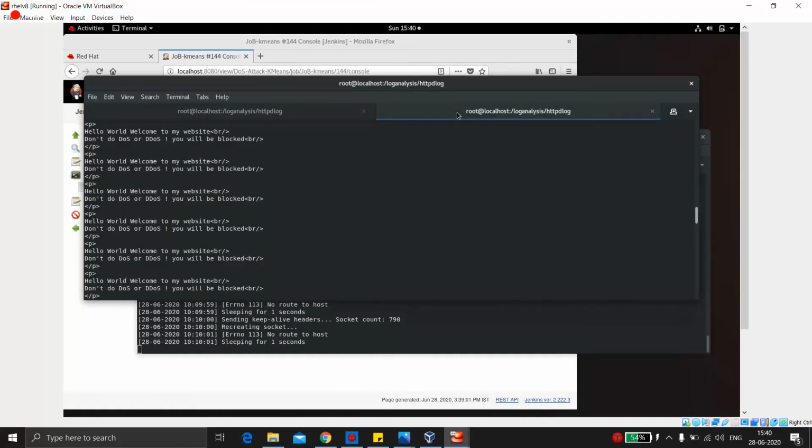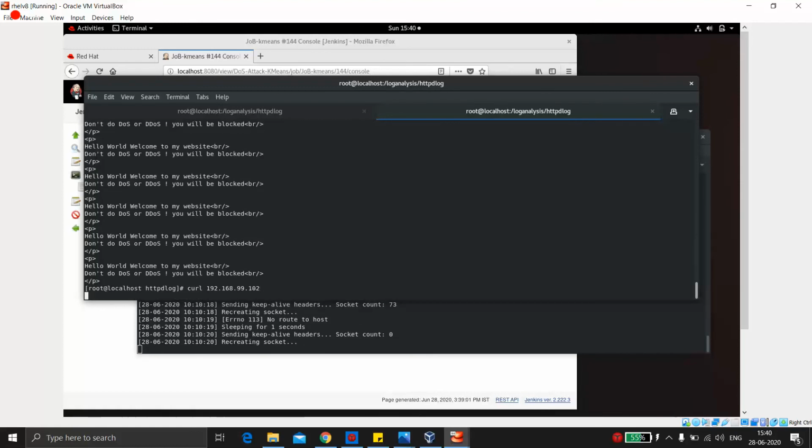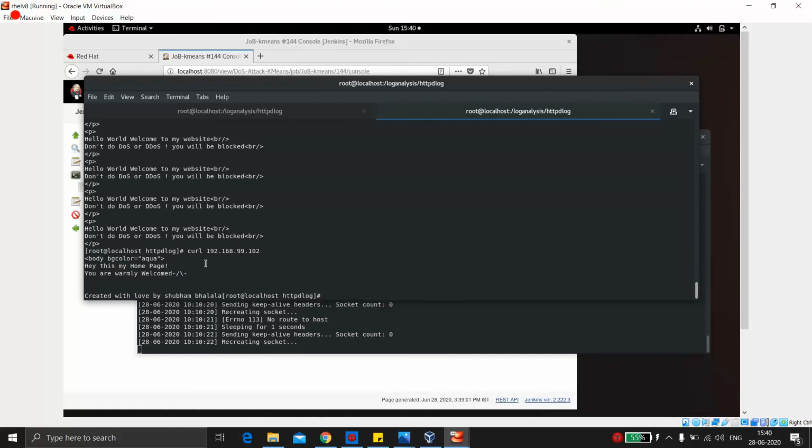And if you check this, are our legit users able to even connect to it? So you will see that it has successfully blocked the users which are doing the DOS attack. Oh sorry, by mistake I forgot to give the port name.